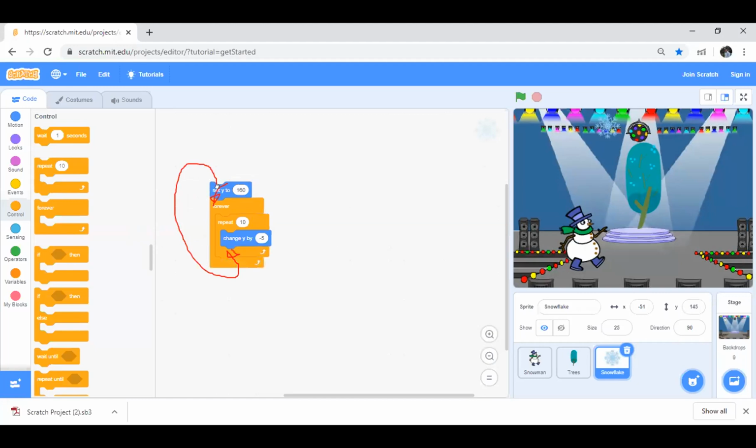Sir, it is coming, but then it falls down and goes up and then again comes. Yes. So it's just kind of a snowfall, right? No, it's not. It goes down and then it goes up and then it goes down. Okay. It goes up also. Okay. So I think it's coming. Okay. So what we are trying to show over here is there is a snowfall which is going on. So we say set Y from top, it is going down.